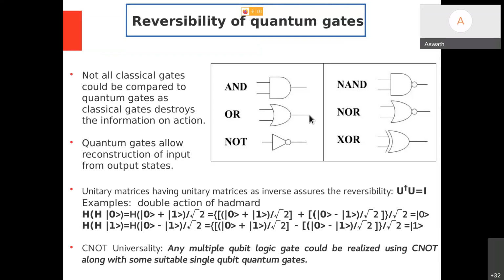But that scenario does not exist in the case of quantum gates or quantum operations. Why? Let me check. I will act a Hadamard gate on the 0 state. I will get a superposition. I will act again, meaning I am acting two Hadamard gates one after another on the 0 state. What I will see is that I get back the same quantum state. So what I mean is if I act a quantum gate twice, I'm not doing anything to the quantum state.